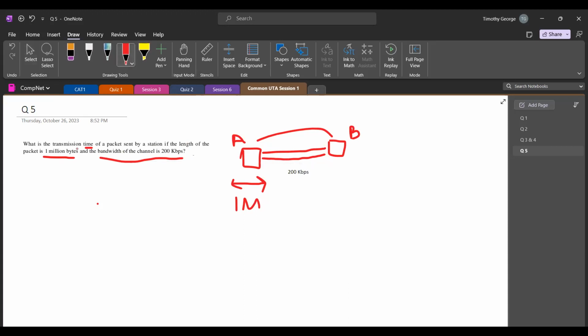Now we are asked, what is the transmission time? It should be quite clear now. You have this total speed, 200 kilobytes per second, and you have this total length that needs to transfer. So then it becomes a simple: time is equal to